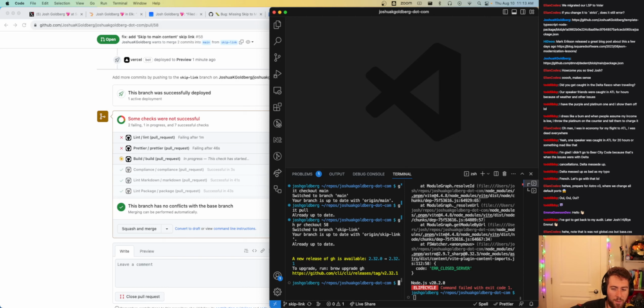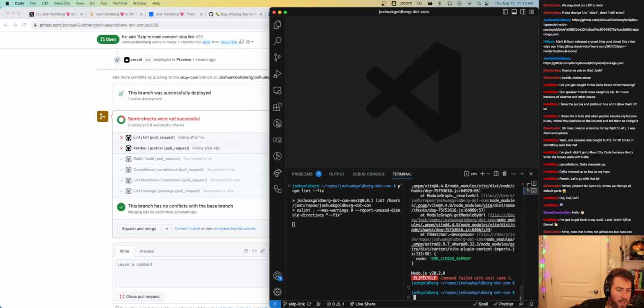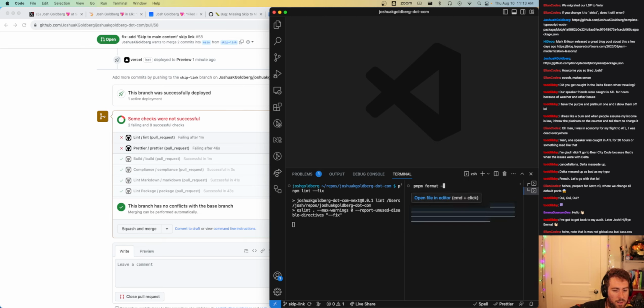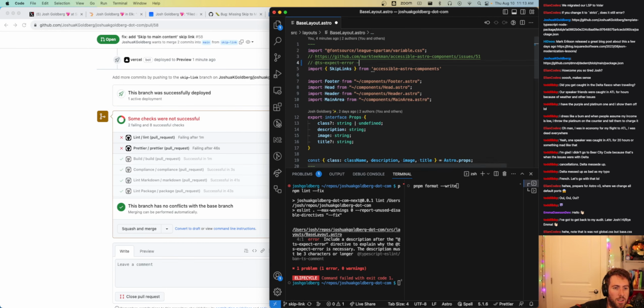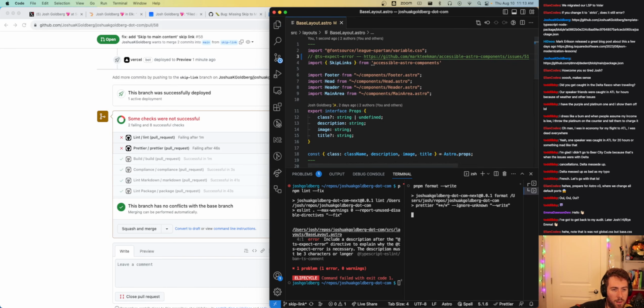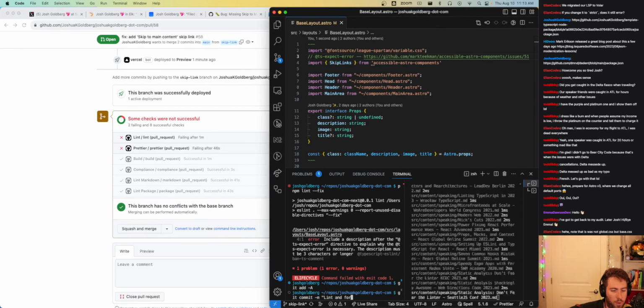Yeah, close enough. Base CSS global. Then lint dash dash fix, and then pnpm format dash dash write. What's the linter complaining about? Probably some out of order things. Oh, haha. I'll just put the comment in there. pnpm format, lint and format.